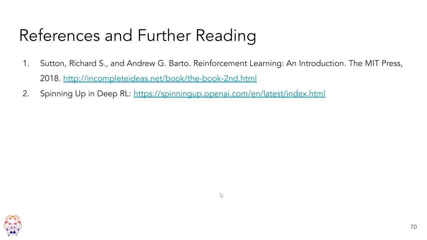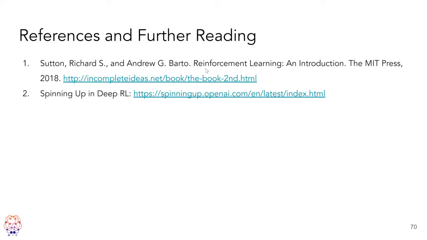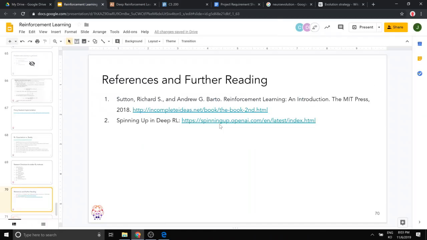To end, here are some good resources if you want to study this more. I recommend the official reinforcement learning textbook. I read through it, and it's pretty good. And then there's Spinning Up in Deep RL. If you want to skip to the meat of it, it has all the state-of-the-art papers and gathers all the resources necessary. It's by OpenAI, if you like their credibility. But yeah, that's it.